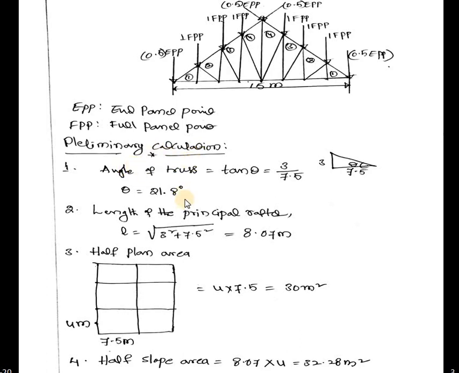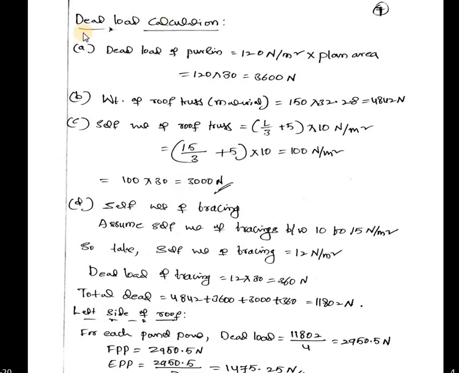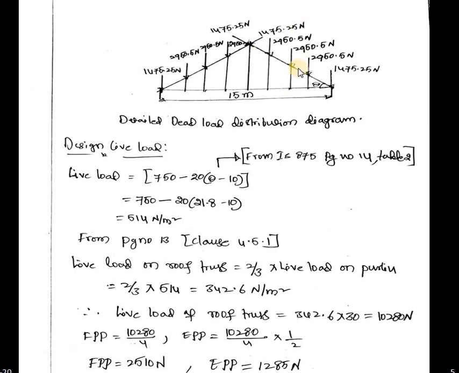Determine dead load means we should calculate the preliminary calculation for dead load, live load, wind load, whatever. Preliminary calculation is very, very important. That is common. After calculating this, he is expecting the dead load calculation. Then you should calculate this. After that, you should draw this figure. Till here, your problem is enough. If you want to continue this problem, you can continue. It's not an issue. They will consider.